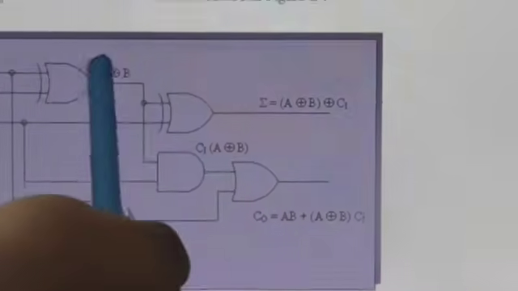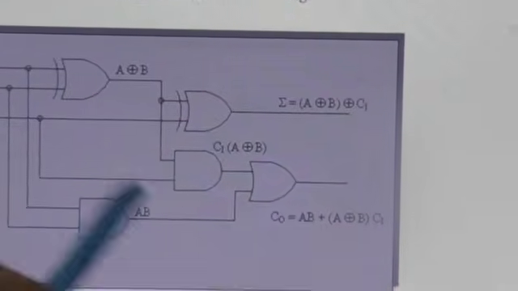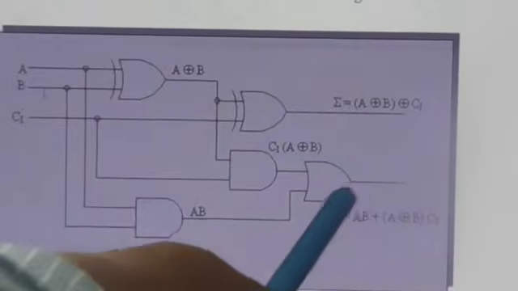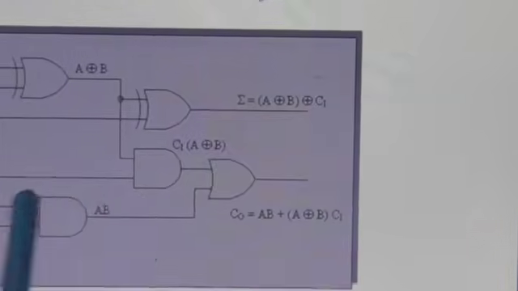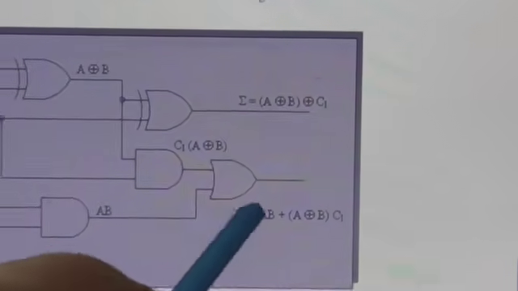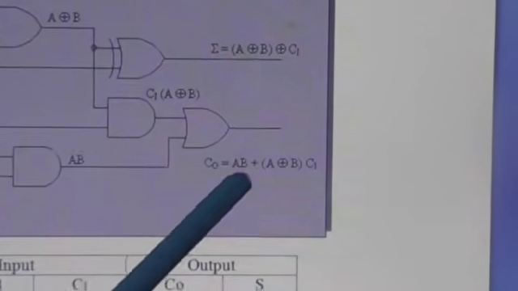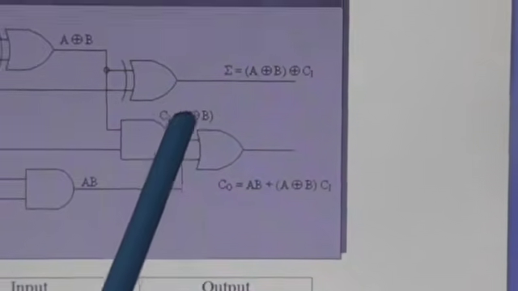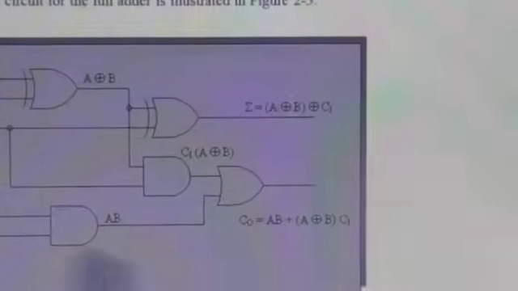Okay, and these outputs are also connected to the second AND gate. And here Cin is also connected to the second AND gate, which produces the output Cin dot (A XOR B). Finally, both the outputs are connected together to the third OR gate, which produces the output. Carry out is equal to A dot B plus Cin into (A XOR B). Clear? This is the overall demonstration of the full adder.